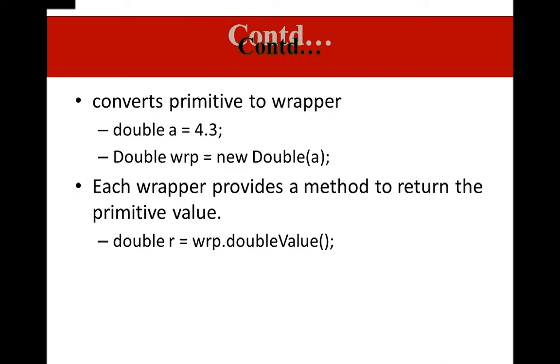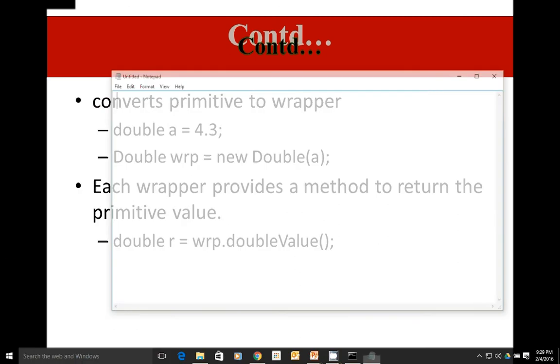I said earlier that these wrapper classes help us in converting primitive types into objects, and an object into a string object, or a variable into a string variable. Let's look at these conversions. So you want to convert a primitive data type to a wrapper. Let me write a simple program on this, a class.